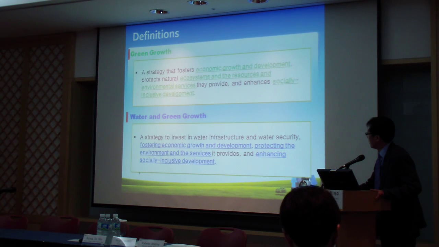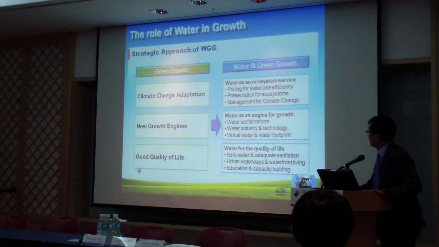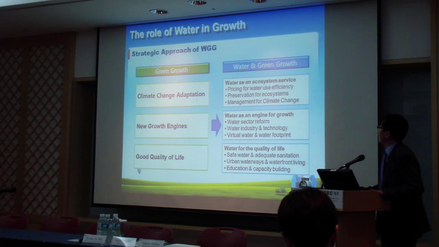That's because in the first phase of the research, they considered water as a basic essential good for the people. So water has a strong social nature. So by adding water to green growth, they postulated that water and green growth can remedy those problems. So in the strategies of water and green growth,